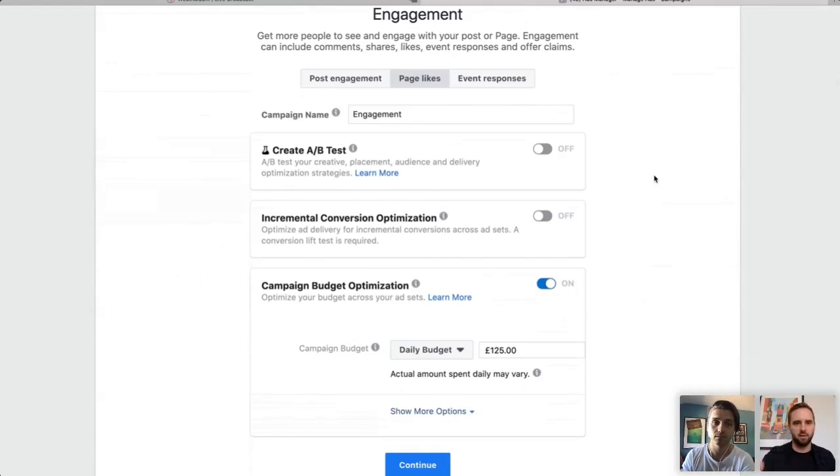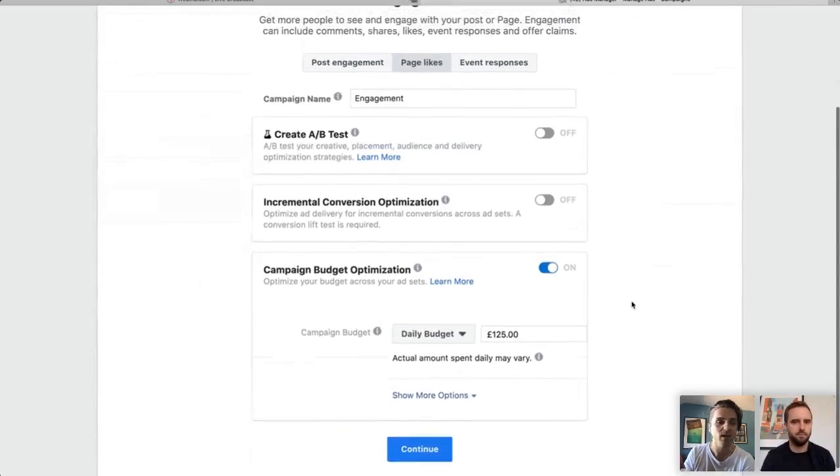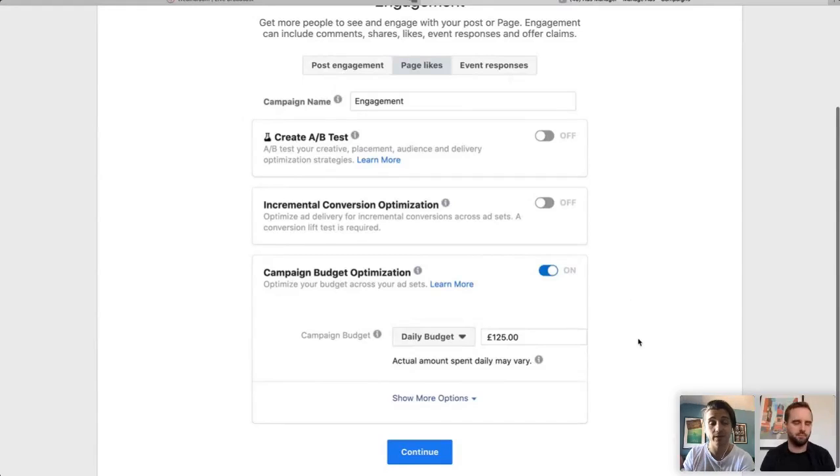So let's go ahead and go through. Yeah, so it's page likes. So we've clicked page likes. We can keep it as engagement unless you're running a lot, and then you obviously want to differentiate between your